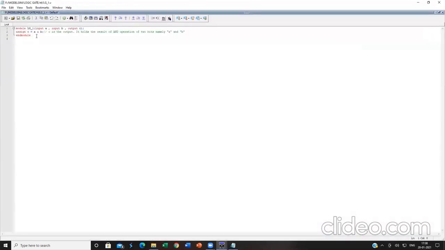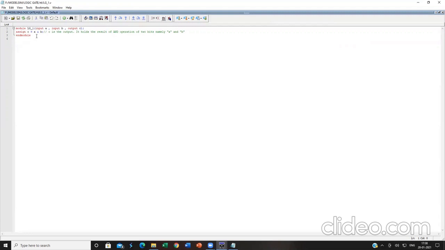Okay. So now how should I declare my input and output in the test bench file? All the inputs must be declared with a data type called register. All the outputs must be declared with a data type called wire. For the time being, just for explanation purpose alone, understand this. While we are dealing with the Verilog programs for various logic gates, I'll tell why we should do it like this.